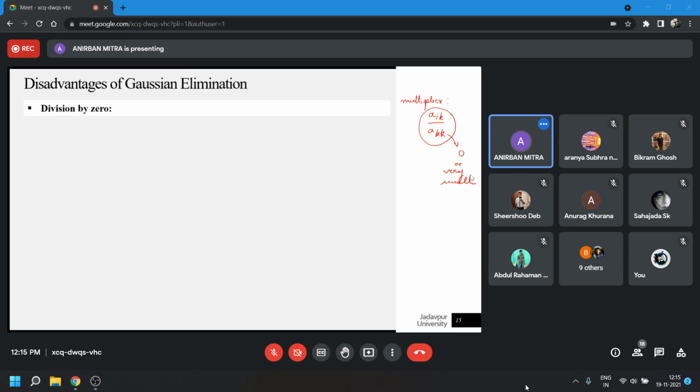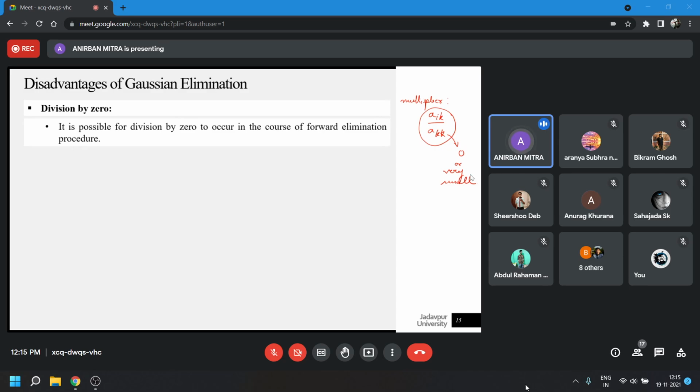Also keep in mind that there are a lot of arithmetic operations being performed. So it is quite possible that in the original equation, none of the pivot elements were 0. However, in course of these arithmetic manipulations, one of them may go to 0, and you do not have any kind of control over it. So this is one of the disadvantages of the Gaussian elimination technique. If that happens, this technique would not work correctly.